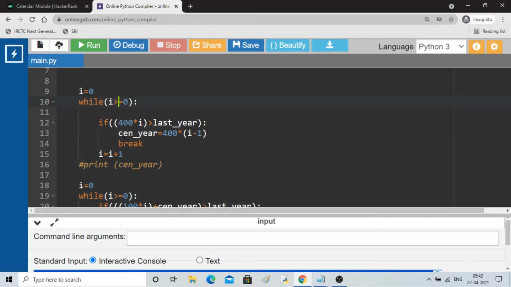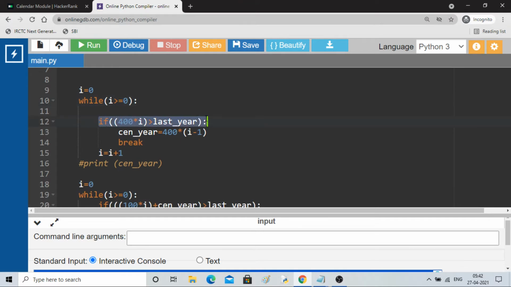It will come inside and it is actually checking for the closest century year, which will give us 0 odd days. So 400 times i, it keeps increasing the value of i by i plus 1. It will keep running until this value, 400 into i, becomes greater than our last year.